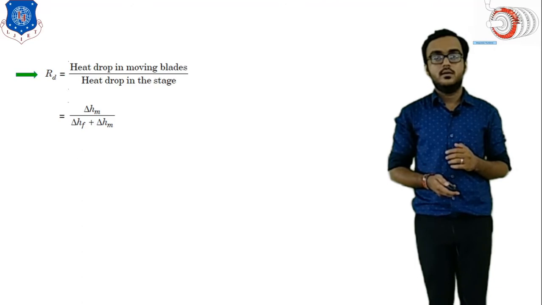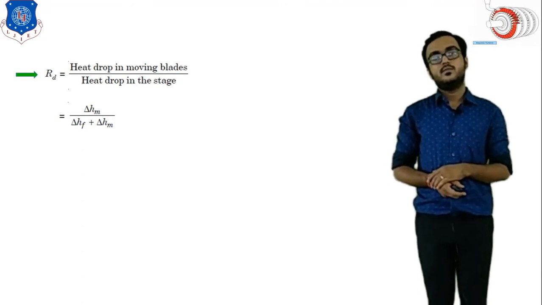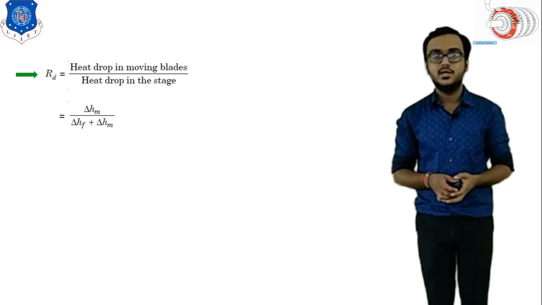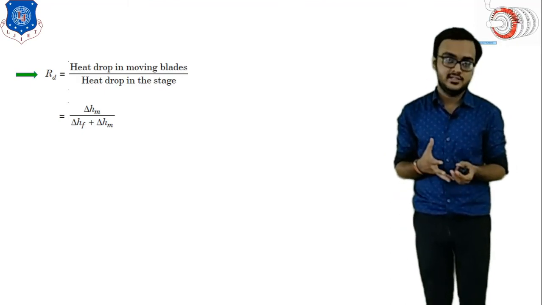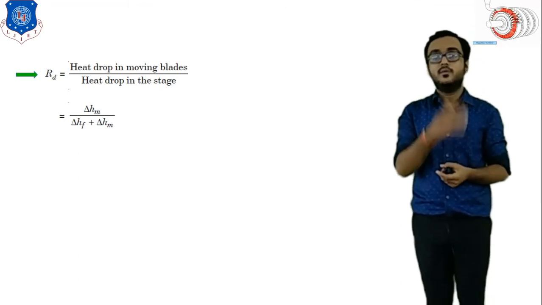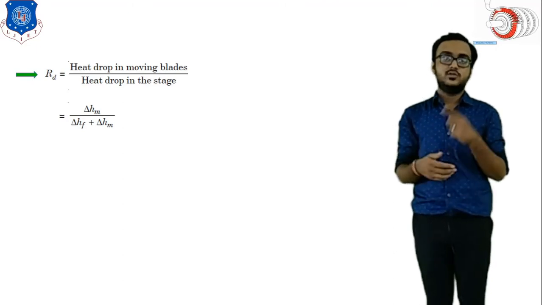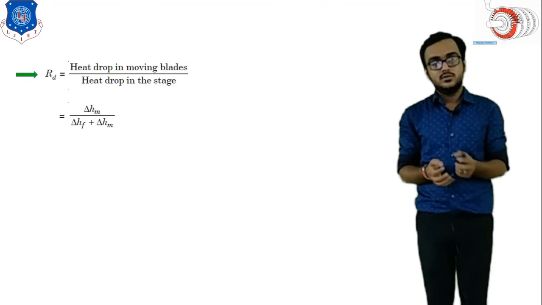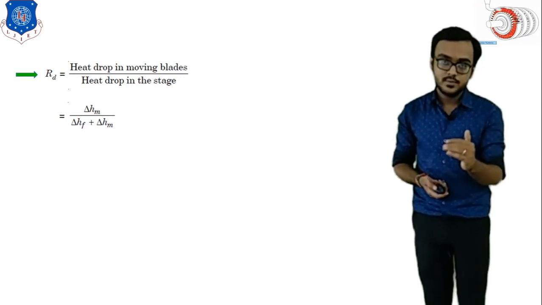How do we obtain the heat drop across the moving blade? As the steam passes over the moving blade, the pressure energy of the steam is converted into kinetic energy. Pressure will reduce, which means the temperature will automatically reduce, because pressure and temperature are both proportional. So because of the reduction of pressure, the temperature will drop,